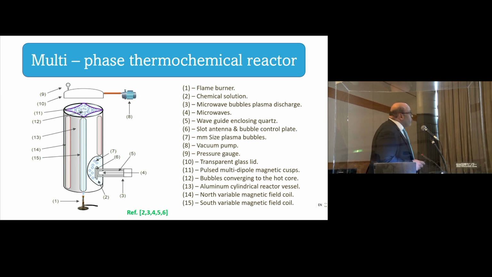This is our initial design. You can do whatever you want. You can do the cusps. They're nice for confinement. You can do your bubbles here. People did this, the microwave bubbles generating them. This is a neat delta T, capital delta T, believe it or not, because it has the highest form of control and ignition and so on and so forth. I'll be happy to share this with you afterwards.